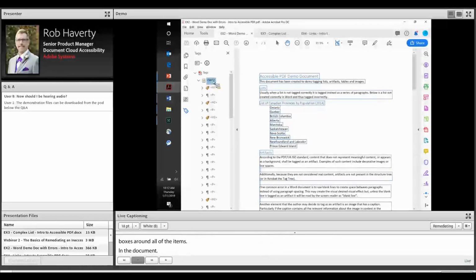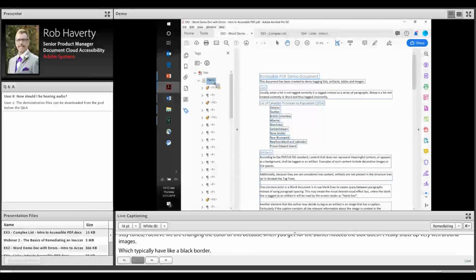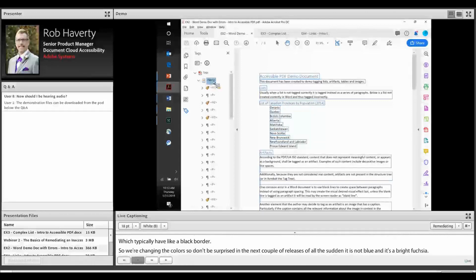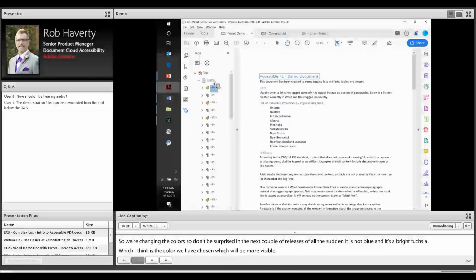Stay tuned. I believe we're changing the color of this because as we get further down, you're going to notice the blue box doesn't really show up very well around images, which typically have a black border. So we're changing the color, so don't be surprised in the next couple of releases if all of a sudden it's not blue and it's a bright fuchsia, which I think is the color we've chosen, which is going to be more visible. And then I can arrow down the tag tree,